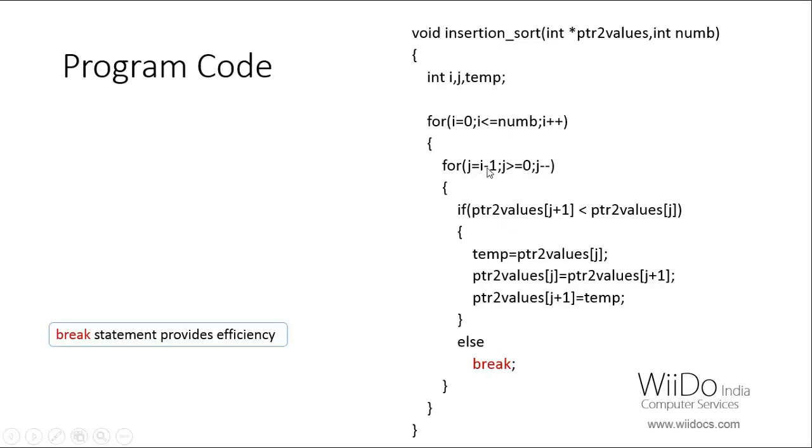Then j will be assigned 3 minus 1, that is 2, which is greater than 0. So this loop will be executed. And if the data present at index 3 is smaller than data present at index 2, then the contents will be swapped, the data will be swapped in these two variables. So this explains this. The comparison will be made backwards as the value of j is decrementing, and as soon as this condition is false, the break statement will be executed and the remaining comparisons are skipped. Hence the comparison will not go to the very 0th element, and in this way insertion sort is implemented on that array.